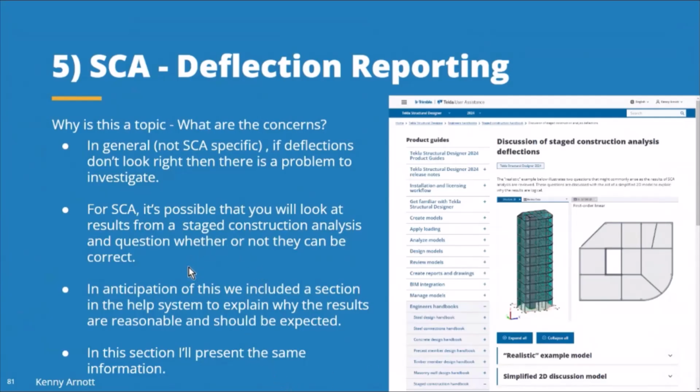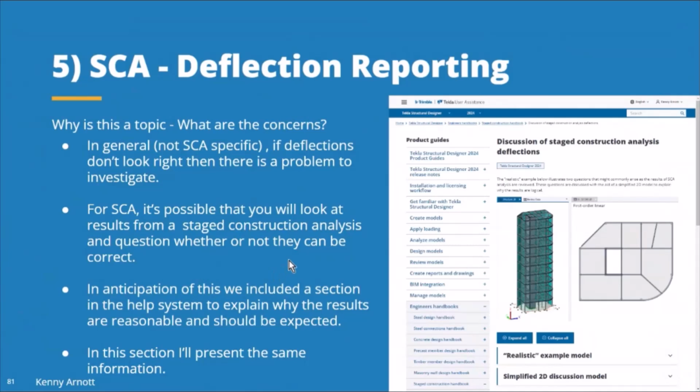But basically, the problem is that in any sort of analysis, when you start to see results that you don't expect, what I'm always telling people to do is have you looked at the deflections? And if the deflections are wrong, that's the first thing to look into. Why are the deflections wrong? And sometimes that really exposes a very fundamental problem. Someone's worrying about shear forces not being what they expected, but actually something's deflecting 20 meters rather than 20 millimeters. So look at the deflections as soon as you're getting concerned about things.